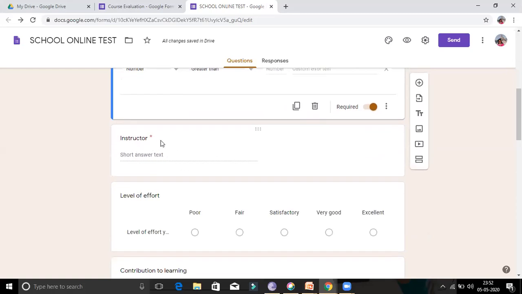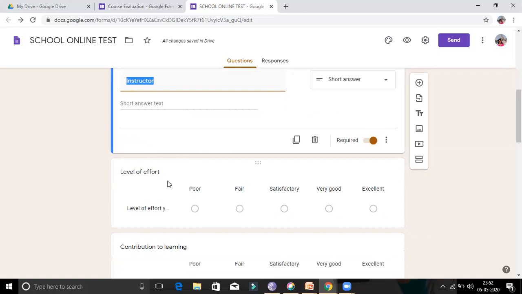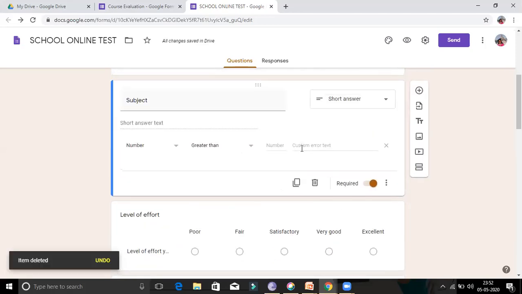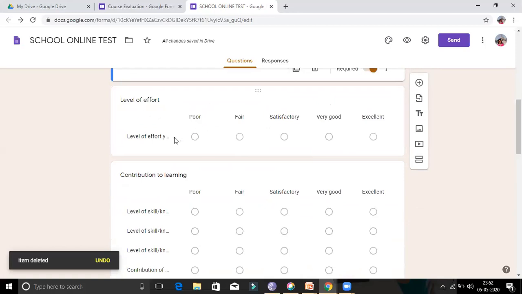Now instruction, this instruction is written here, you can remove it. Any predefined text you can remove. So how to remove? Just click on the delete button and it will be removed. And here all these are required.